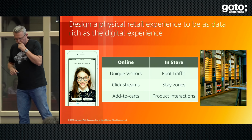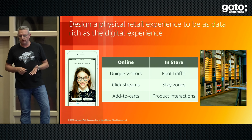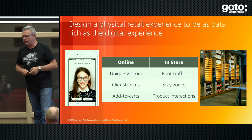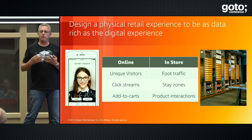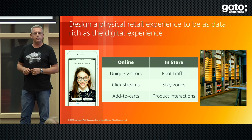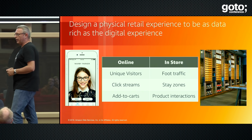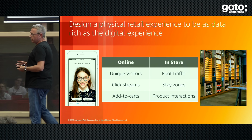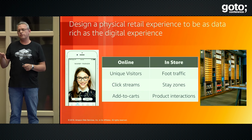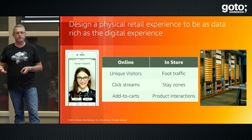So when we're looking at the online world and we're measuring unique visitors, when we're looking at the physical store, we want to see foot traffic. How many people went into the store? And when we're talking about clickstream, we're talking about stay zones. How much time people spend in front of a product. And add to cart is product interactions. If I actually reach to the product and tried it myself, that's more or less equivalent to add to cart. And what they are trying to do, and they're doing it with AWS IoT and Greengrass, is to take those numbers that they used to have in online store for free and get them with different sensors and different tools